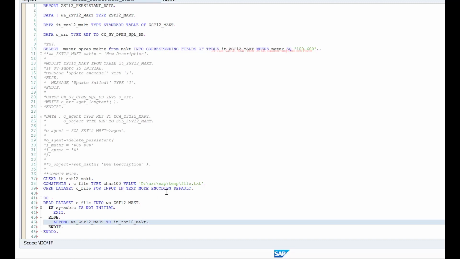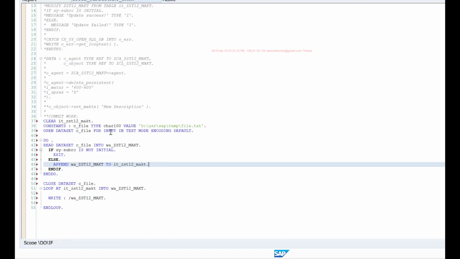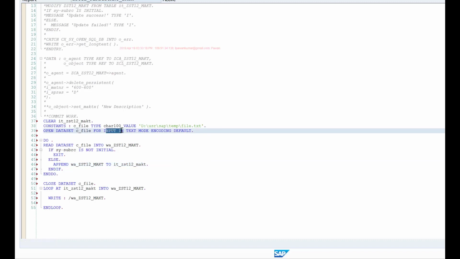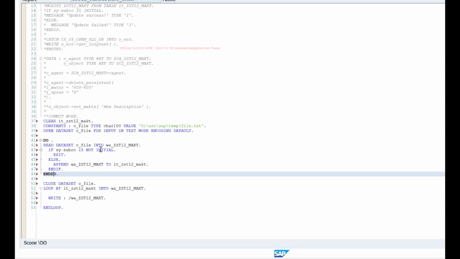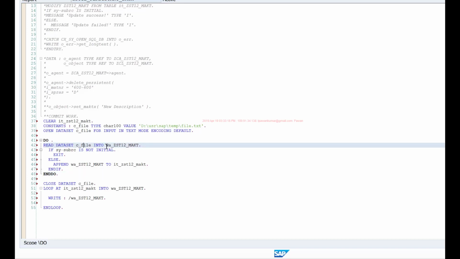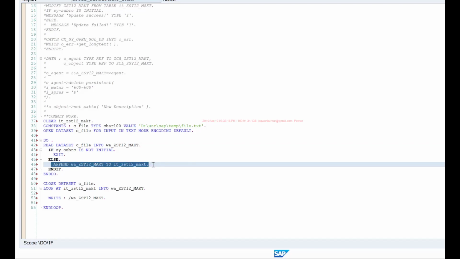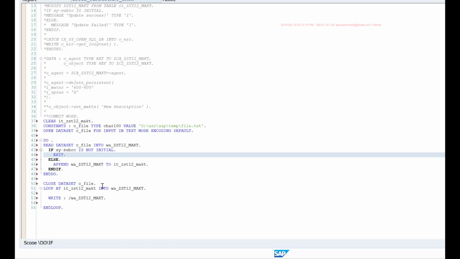So what I'm doing here is, with open dataset, I'm opening the file for input in text mode, and then I'm using this do and enddo loop so that in each loop it will read one row into my work area, and I'm appending that into my internal table. If the read dataset fails, I simply exit the loop, because that means I've reached the end of the file.